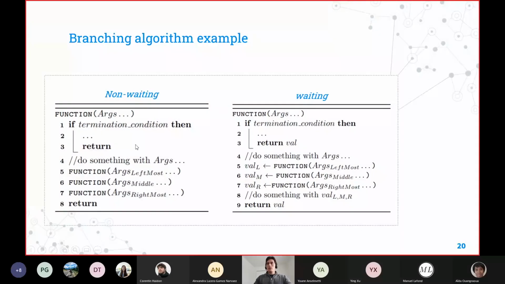To visualize it, this would be the non-returning version, the first one I presented 2 slides ago. And then the returning version would be this one, where every call in the recursion actually returns a particular value. That is because, depending on the algorithm, we might have to compare, to merge, or just choose the minimum or the maximum, depending on the user criteria and also the algorithm.